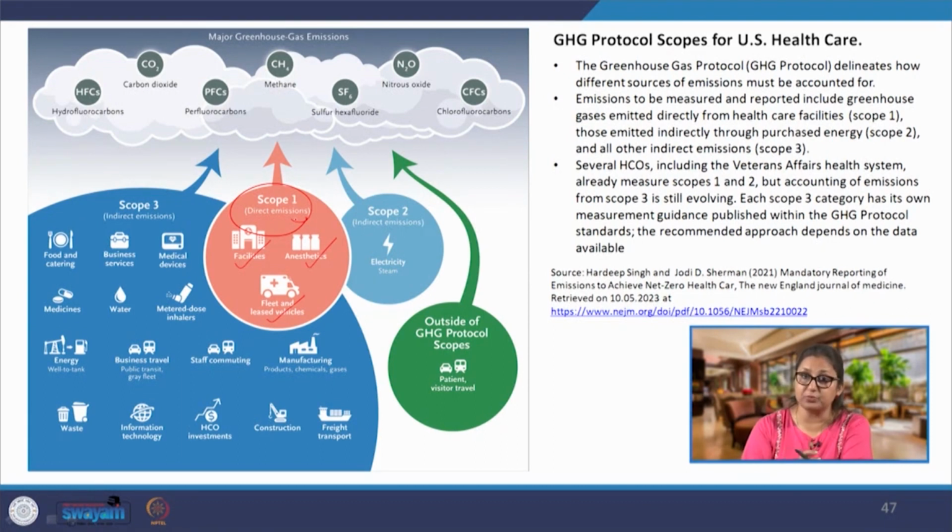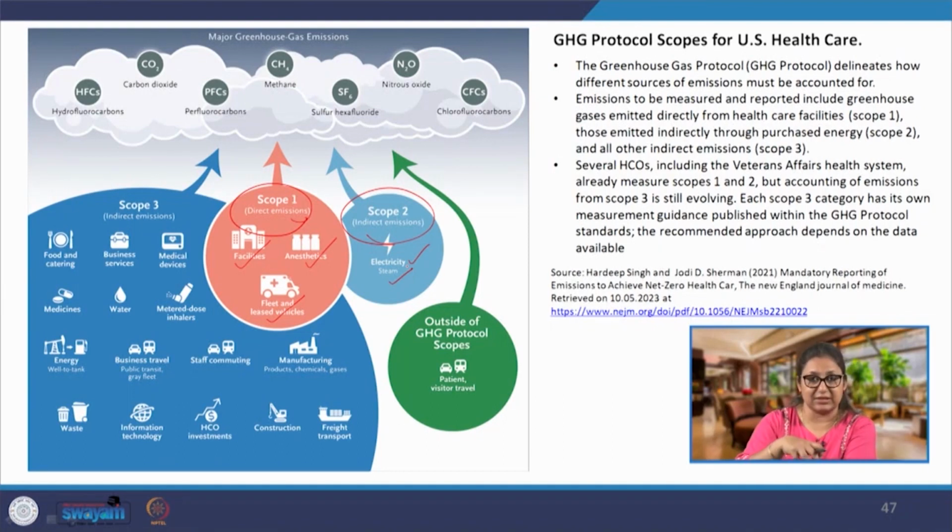Now, looking at scope 2, very simple. The indirect emissions due to the electricity consumption or purchased heating or cooling which is going into these facilities which are owned are part of scope 2. So, we are mainly looking at electricity and steam here. Scope 2 is often very simple. It is the emissions which are taking place elsewhere due to the energy that is going to be consumed in the